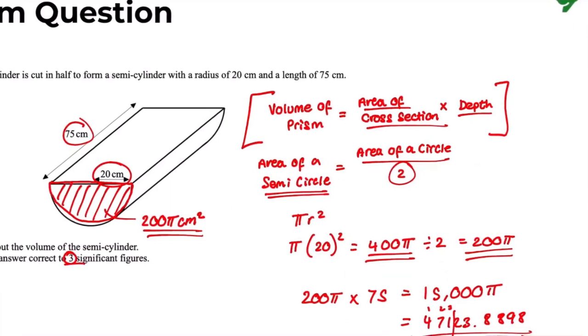If you follow these rules over here, area of a cross section is just the main 2D shape that you can see, and that's a semicircle in this case. So you're going to work out the area of the semicircle. To work out the area of a semicircle, you're